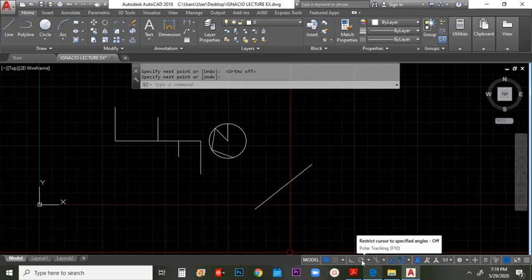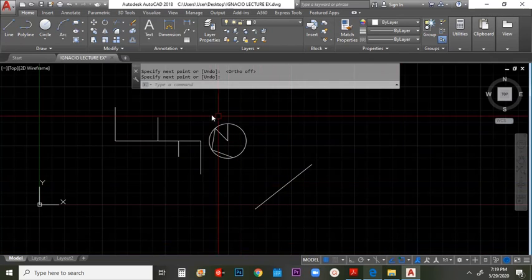Next, you have polar tracking. Be sure that initially it is set off. Next you have object snap tracking, F11. Be sure that it is turned on. Next you have object snap or OSNAP, F3.